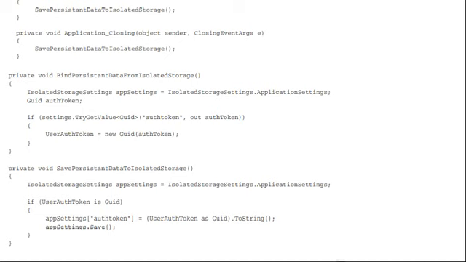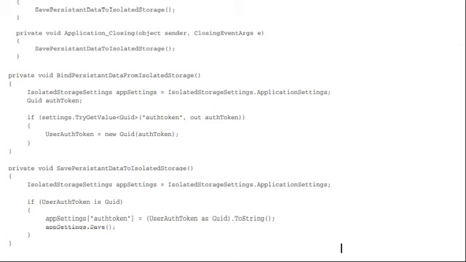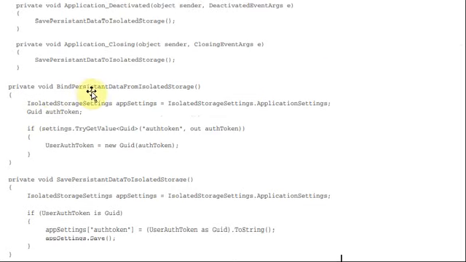Here, to the isolated storage, we are going to pass the authentication code. If it is a valid one, then the data can be loaded. Okay, so that is for your bind persistent data from the isolated storage. You are passing the authentication code, that authentication code will be checked, and if it is valid, then the data will be loaded. Once it is loaded, then you can resume it.